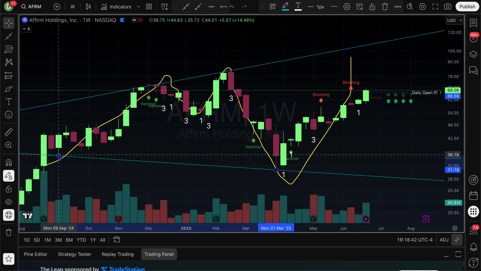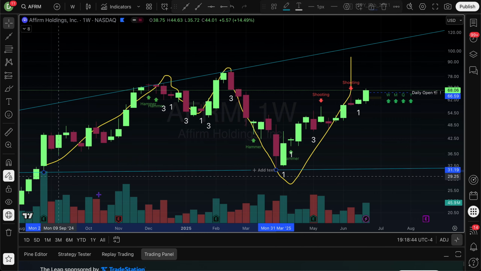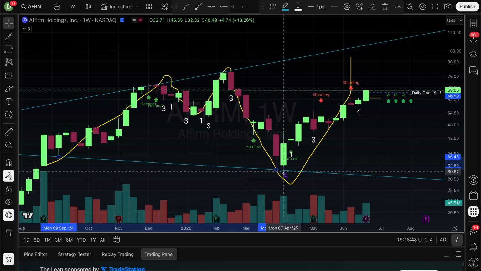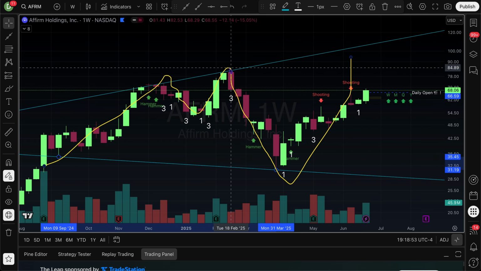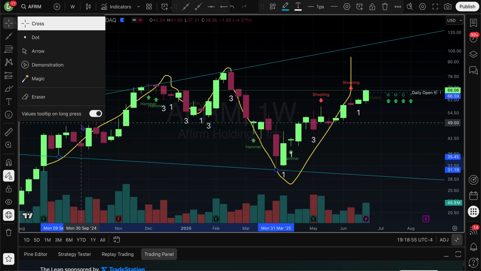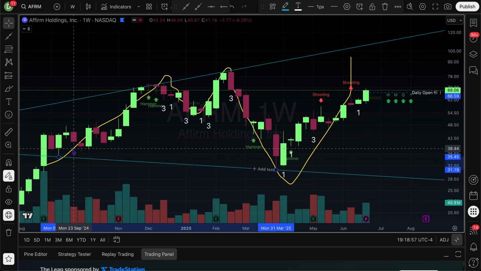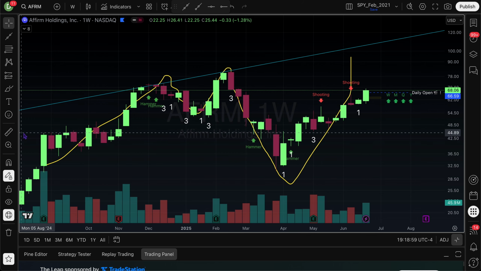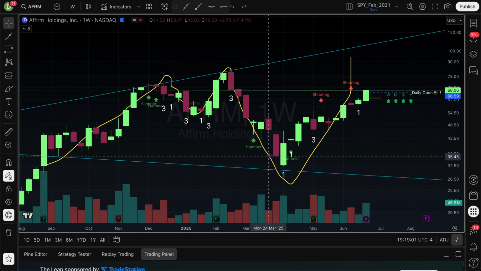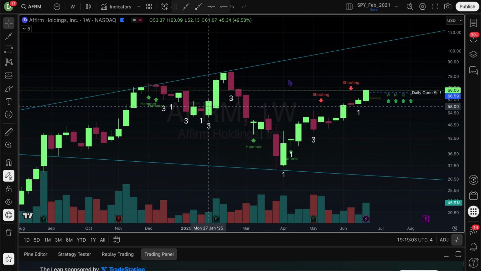Because here, just with my eyes, this kind of looked like it was lower, but I can see that it's not now that I've drawn the line. So it's a lot easier if you start from the lower low and then find one that's higher. If you start from the higher high and find one that's lower, okay? So there is that. And this is your broadening formation, right?